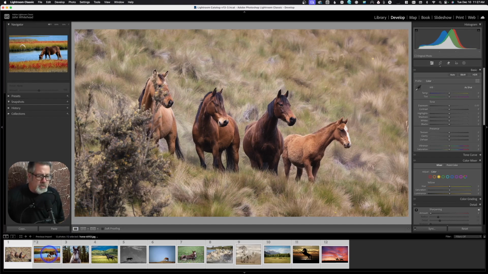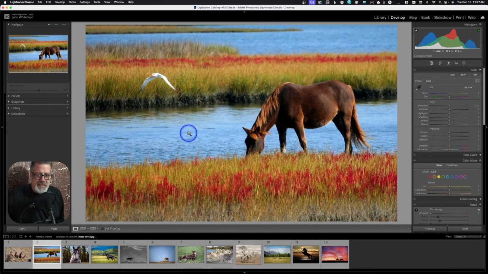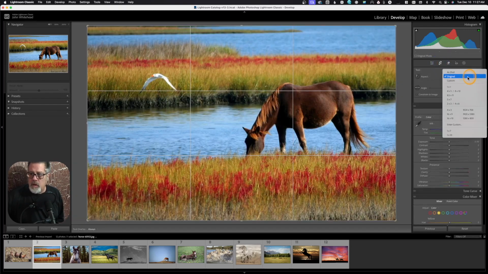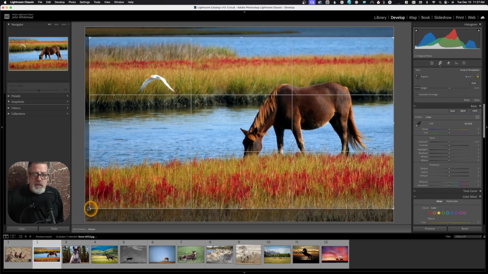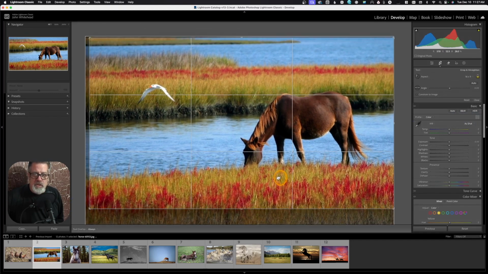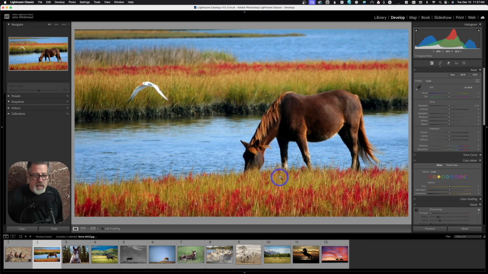What we're going to do is manually go through here and select all of our images. Now I've selected our second image. We're going to come back over here to the crop. We're going to select the 16:9 ratio. And then we're simply going to come in here and crop or adjust this image to how we want it. So if I want my image like that, I'm going to go ahead and hit Return and apply that crop